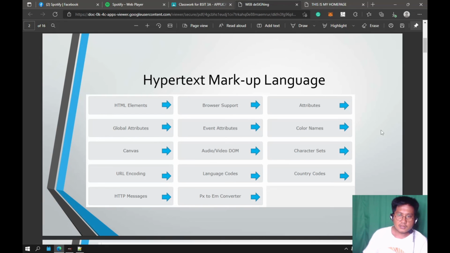So that marks the end of the review on what is hypertext markup language. As I have said earlier, before I started, I will not talk too much or discuss deeply on the HTML scripting language because this is just a review. But if you have concerns, clarifications, questions, you can comment, and I will try to answer the best I can